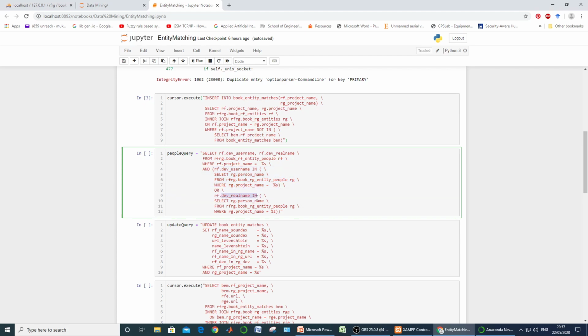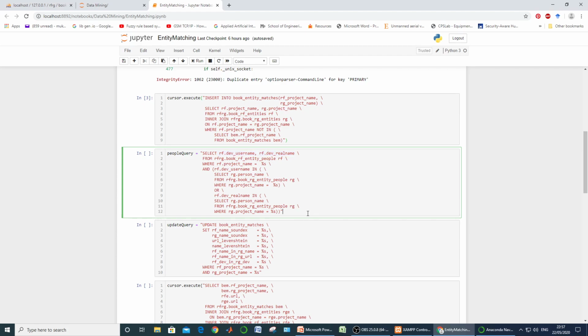So the developer username may match a name existing in the RG table, or the developer real name can match the person's name in the RG table. Both are to be considered. If any of these matches, then we extract these two entries, select them, and return them as the result.